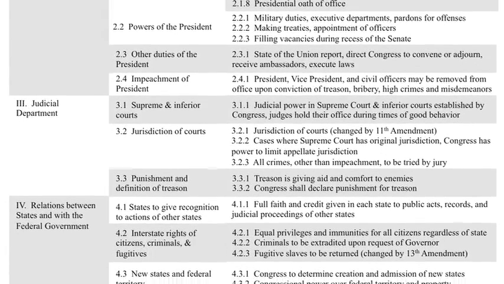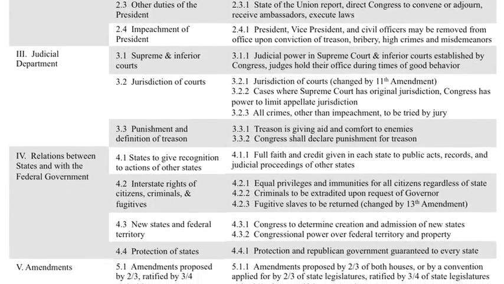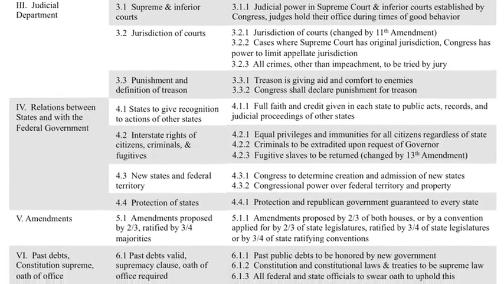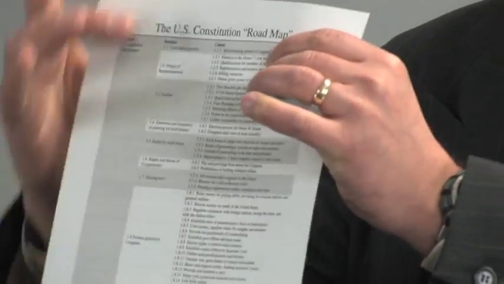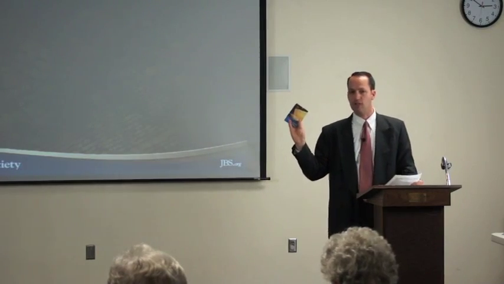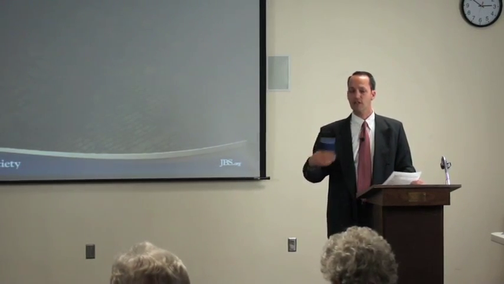Notice how much smaller those are than the powers of Congress. Congress takes up the entire half of this whole document. And that's about how it works out in the U.S. Constitution as well. The section that describes how Congress shall function and what their powers are and their limits and so on is roughly half of the U.S. Constitution, which gives you an idea of who of the three branches has the most power. That is Congress. And we'll illustrate that a little bit later on in today's lecture.